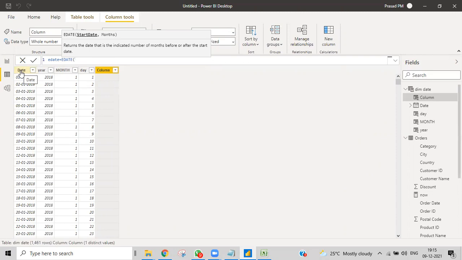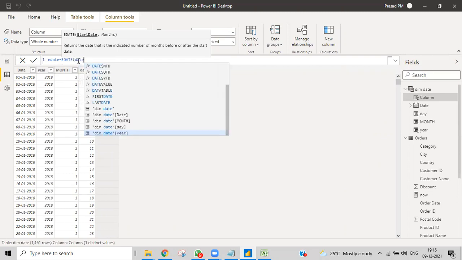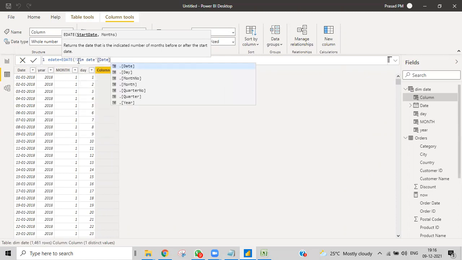Whatever my start date is, I give the start date, and then I want to give months.